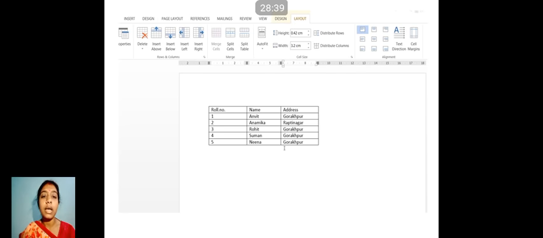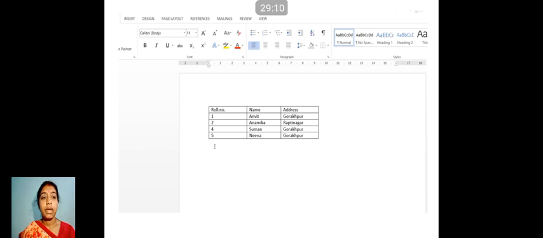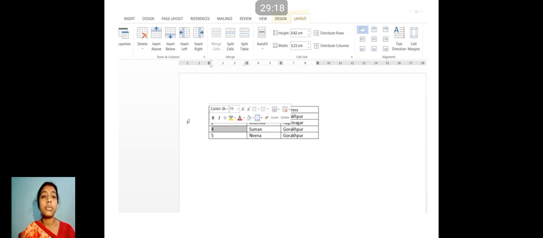When the column is not there, how will the data be there? Now suppose I want to select this third one, roll number 3, Rohit Gorakhpur. I have selected that particular cell; even if you select any one cell, that will work. It's not required to select the entire row. Now I have clicked on delete rows. You can see roll number 3 is now not available. It is deleted. As you click outside, the design and layout options will be removed from the ribbon. When you click inside, only then will the design and layout options be there.